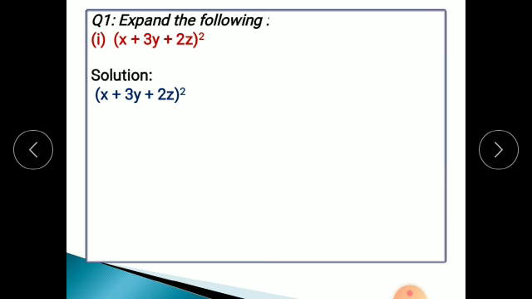So, in the solution, first of all, we have to write the question again. Now observe that here we have the square of 3 terms. In this condition, when we have the square of 3 terms, we have to apply the formula